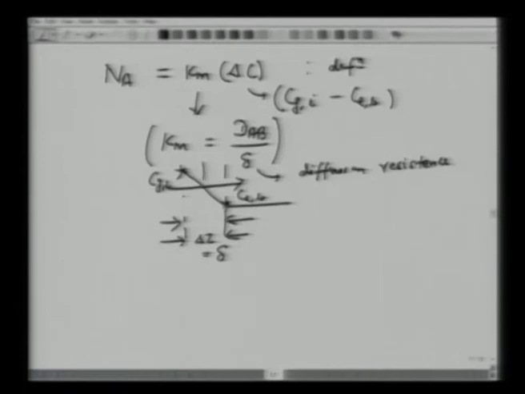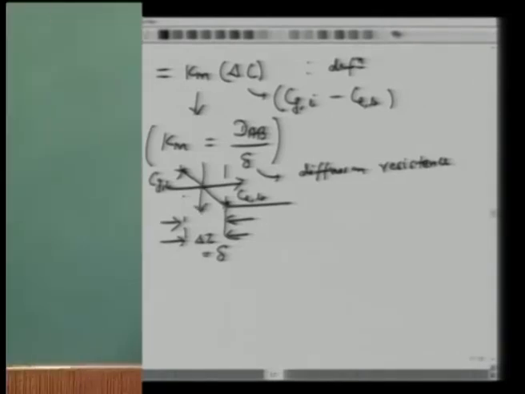So if there could be a flow in this direction, that's permissible. So we can have a flow in this direction, but in the direction of diffusion flux, what we are writing here, Na, there is no bulk transport, there is no convection, etc. The second most popular theory is penetration theory, or we will see that it's a surface renewal theory, which is also